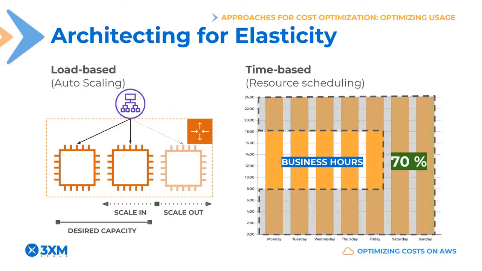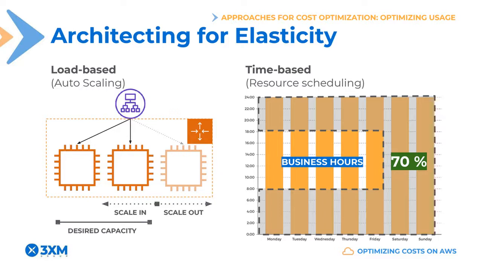For workloads that have a consistent usage pattern, one can rely on time-based elasticity instead. For example, a lot of applications are only used during business hours and thus can be stopped or turned off outside these hours and during weekends. Servers used for batch processing in nightly jobs can be turned on only when they're needed, right? Although it's possible to manually shut down and turn on resources, this is impractical and time-consuming, particularly at larger scale. So take advantage of time-based elasticity and automate.